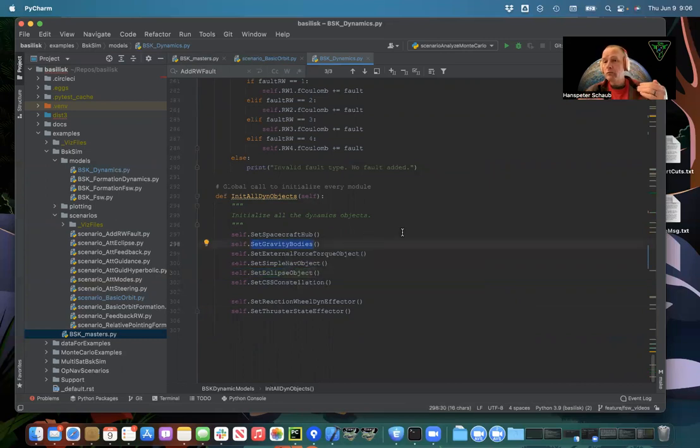So for a few of these, it is important that you do one initialization first, then the other. So just be aware of that. But let's look through these quickly. So this initialize all